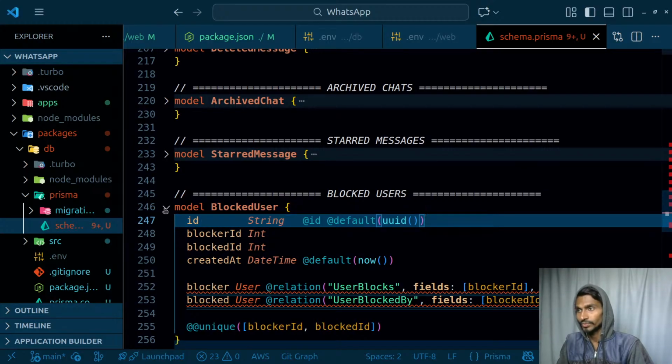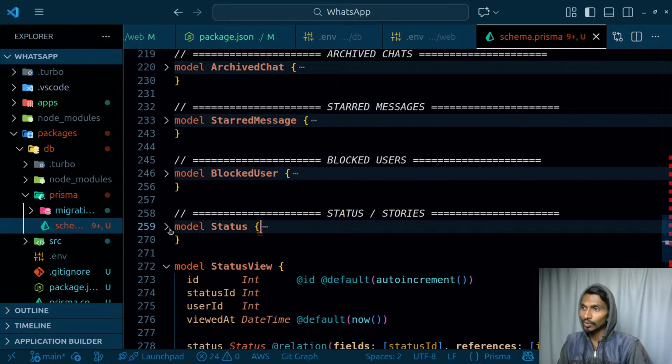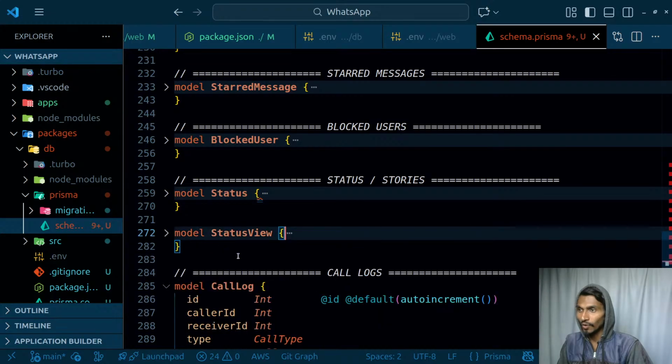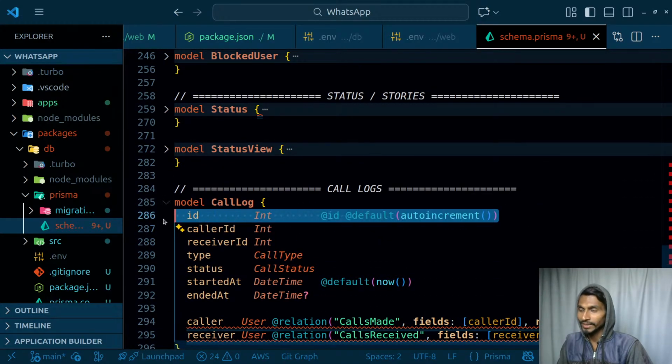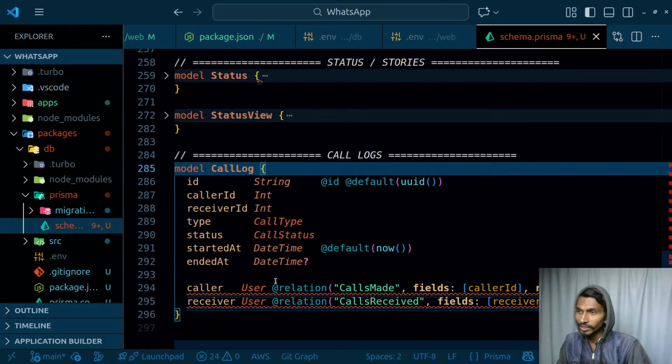So first of all, the tables are here, sorry for that. When it comes to a clone of WhatsApp, it will definitely have this much, so that's obvious, right? Even this is not the full WhatsApp clone. There can be some other missing things, so I'll have to take care of them. But right here,